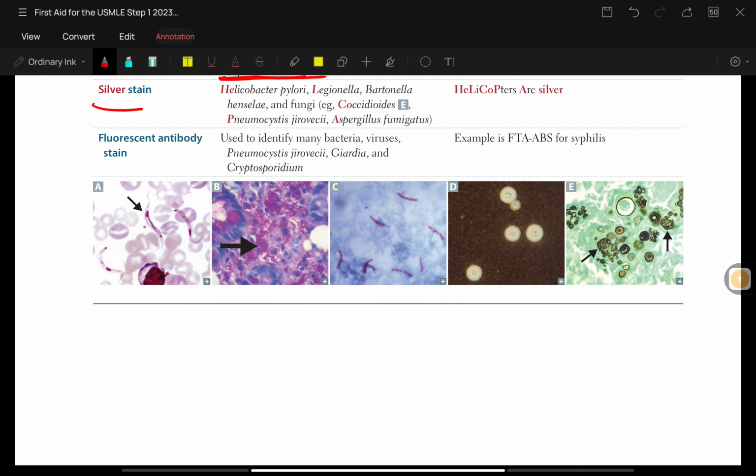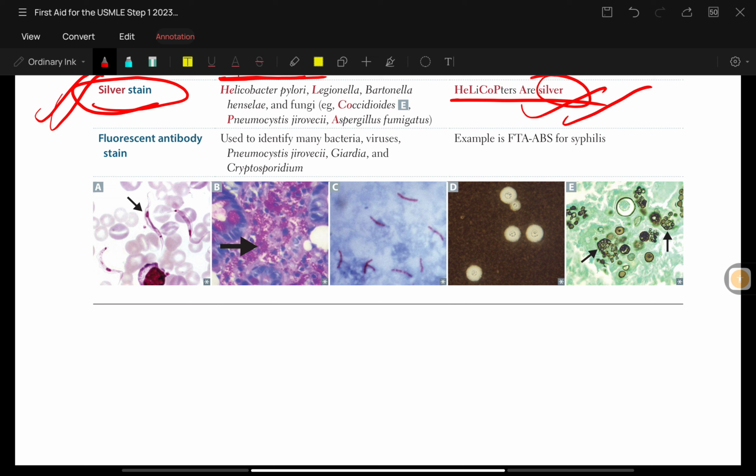Now talking about the silver stain, the mnemonic is: helicopters are silver. Silver is for silver stain, and the helicopter mnemonic covers Helicobacter pylori, Legionella, Bartonella henselae, and fungi, that is Coccidioides. CO for Coccidioides, that is Helicobacter pylori, Legionella, Bartonella henselae, and then CO for fungi, that is Coccidioides, and A